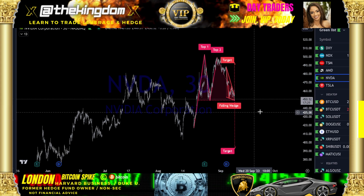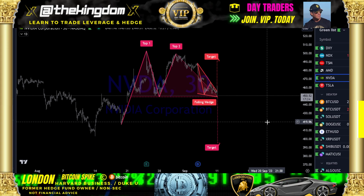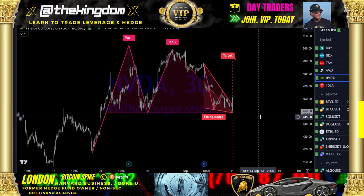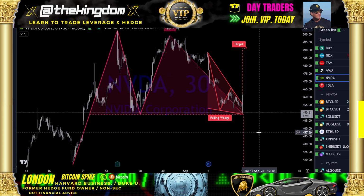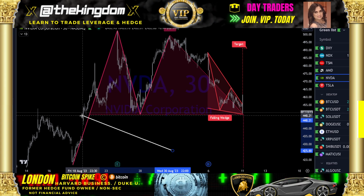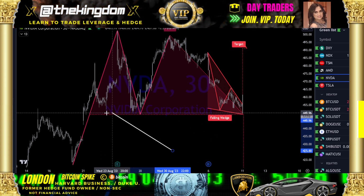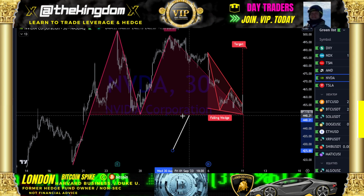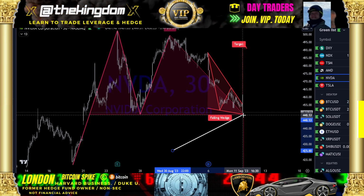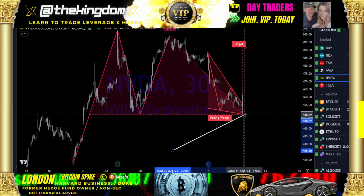Let's take a quick look at this auto identification for NVDA, guys. Now we're seeing a bit of a flat bottom. I don't mind this tool. I really don't mind this tool, except for the fact, again here, and this is TradingView built in, their newest, latest, and greatest. We have a flat bottom. It's drawing to this right now as that implied, and I don't really mind it, guys, but with this specific topping formation, you will find that this tool wants to draw to an actively developing level of support or